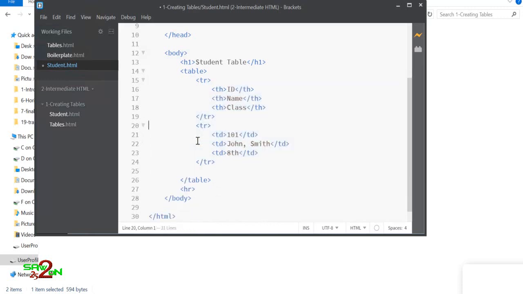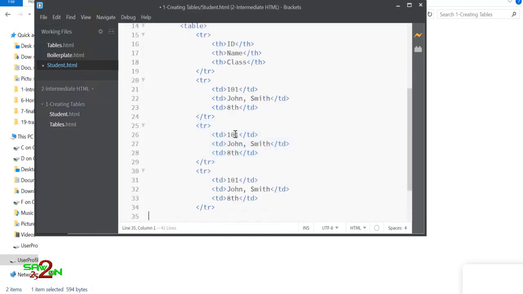All right, you don't have to copy the heading. We'll copy like 2 more rows, right? We'll call it 101, 102 and 103, and then we will change the names, right?